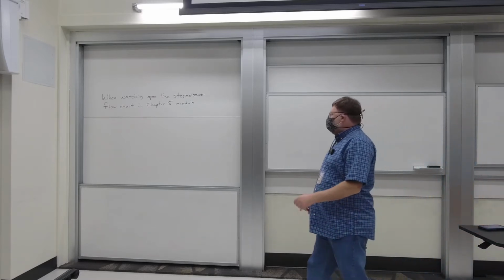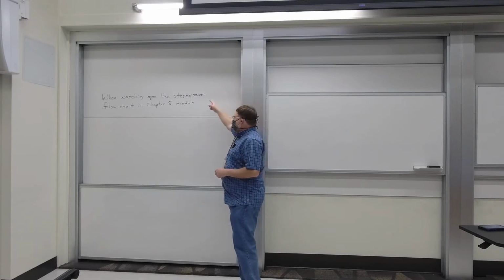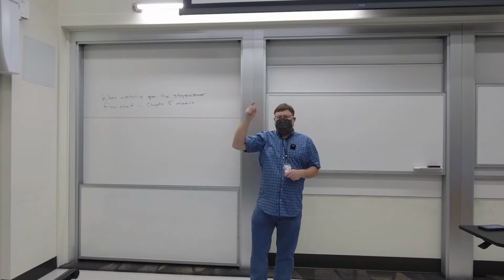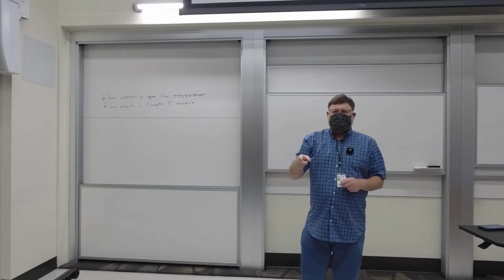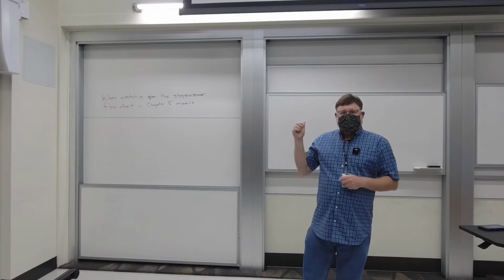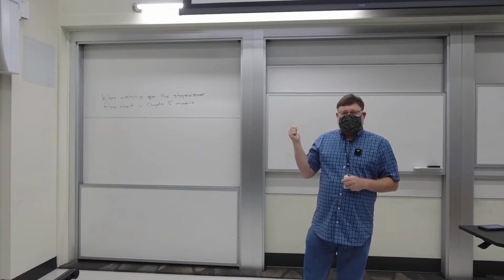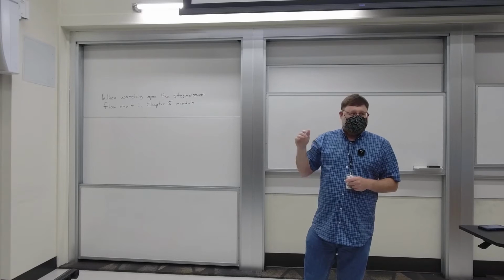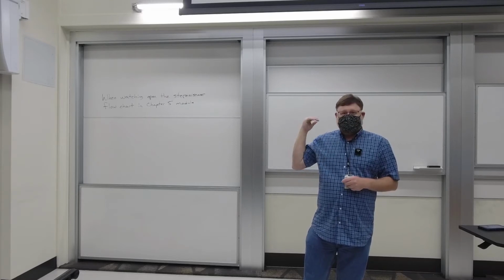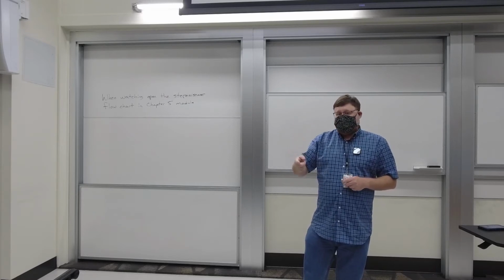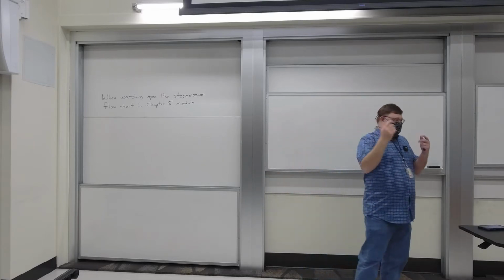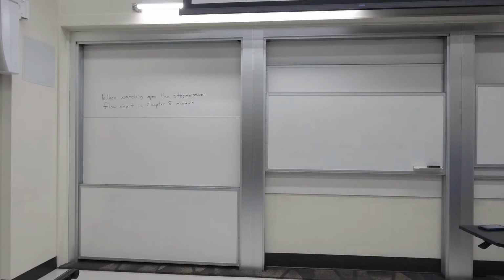So for today's class, I'm going to have up on the screen, it's going to be really hard to put it so that people watching at home could see it, but there's a flow chart in the chapter 5 module that goes through the stereoisomers. I'll have that up in here. You guys at home can open that up. You guys here can also open that up. Does that fit on the screen? Okay, so